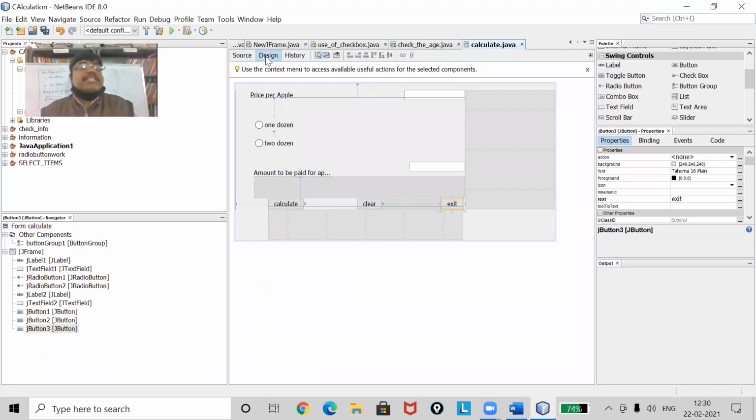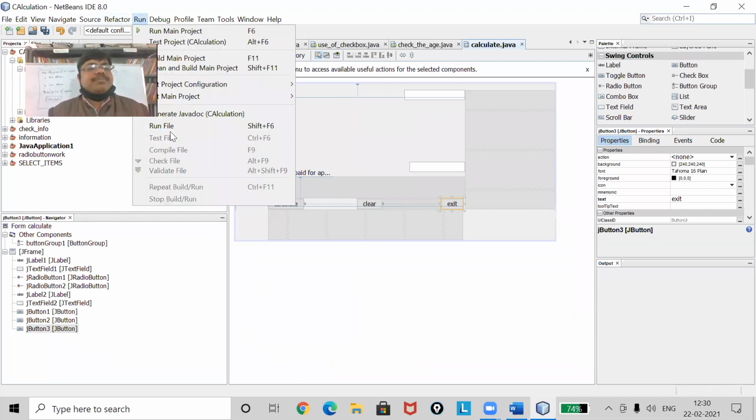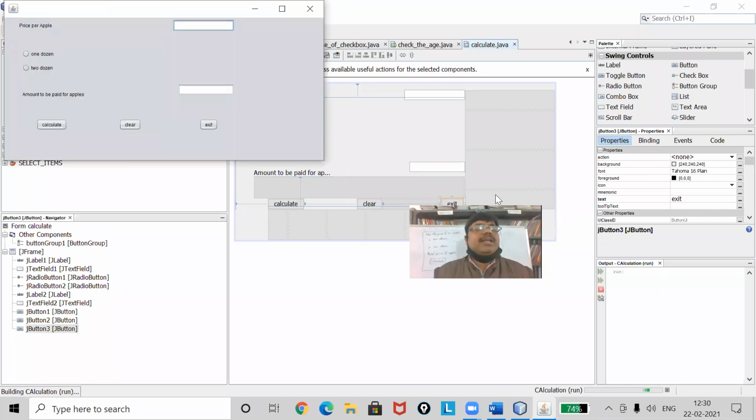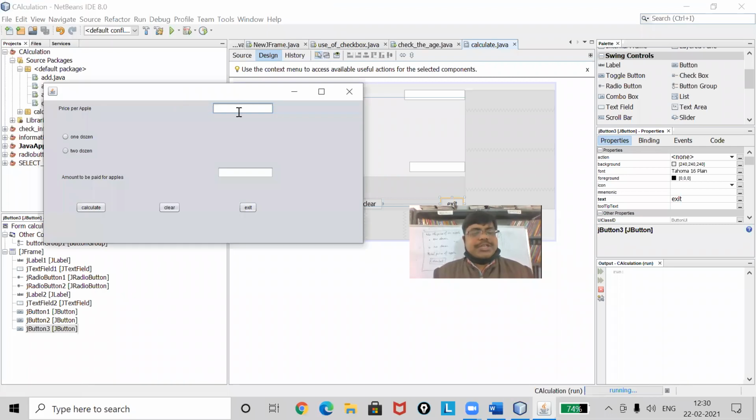Now it's time to see the result. So for that, I will run my form. Okay. Now my form has come on the screen. Now think the price is 10 rupees. If I go for 1 dozen, what will happen?